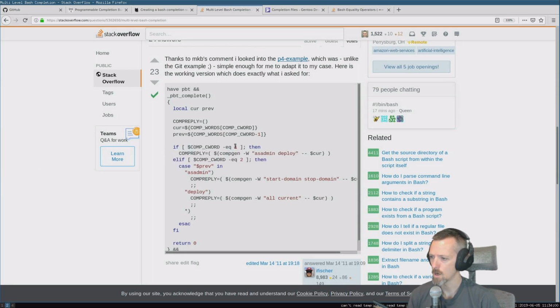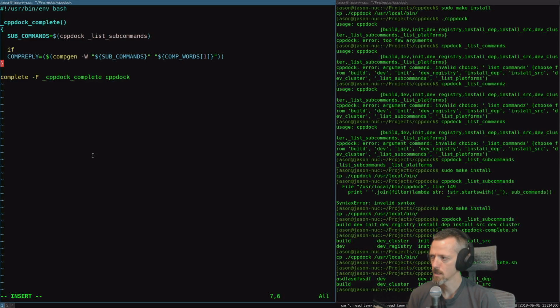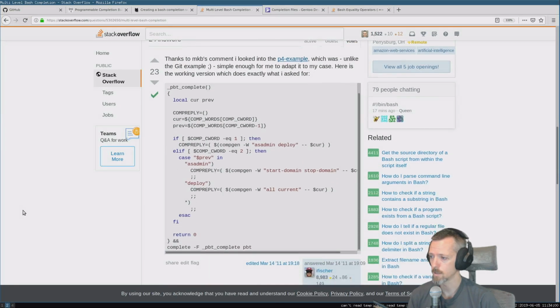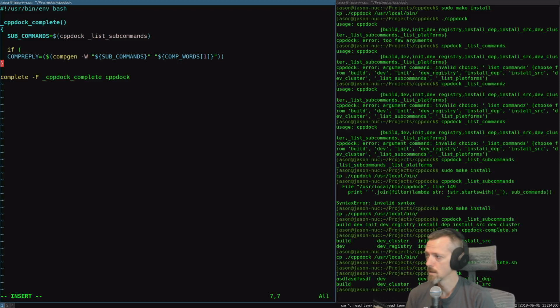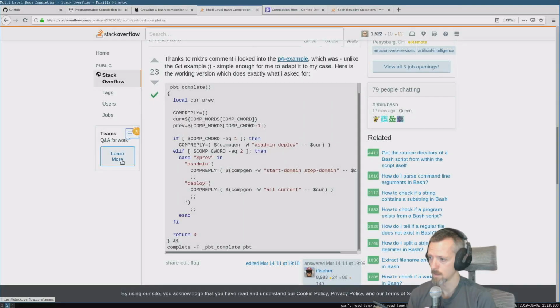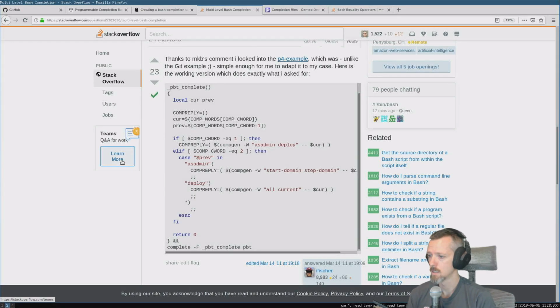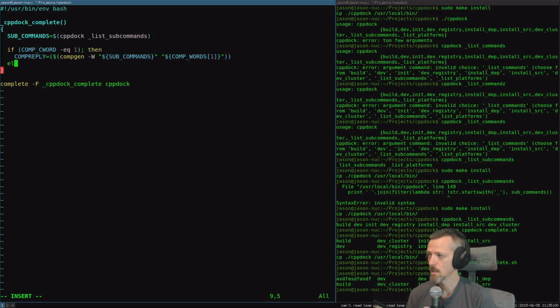So if comp C word equals 1, I'm guessing that means we're currently looking at the first argument. Comp C word, dash EQ is 1. Semicolon, then